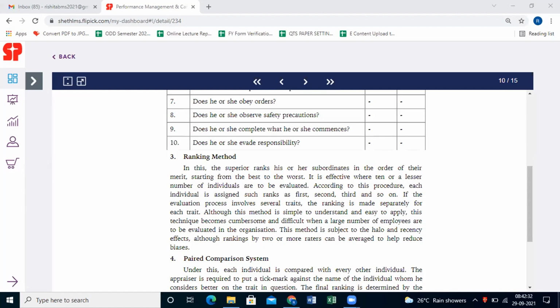Okay, all right. So when it comes to following the ranking method of appraising the employee's performance, it becomes very challenging because there are different traits in the employee. If I have to take into account different traits and then accordingly rank the employee, it becomes very difficult and very challenging. Also, students, it can have an element of subjectivity, or a biased approach.